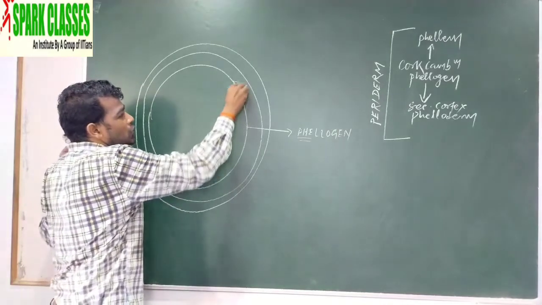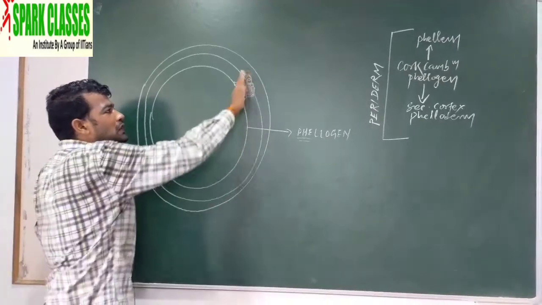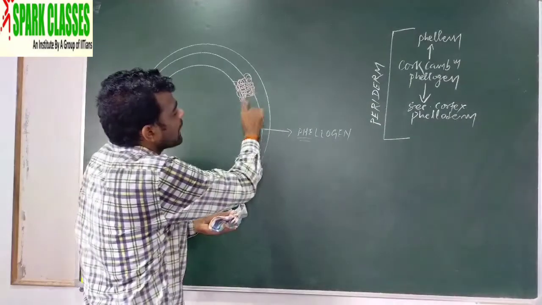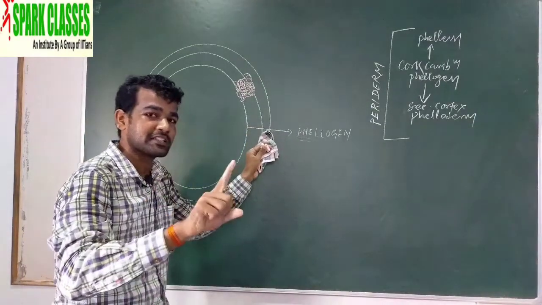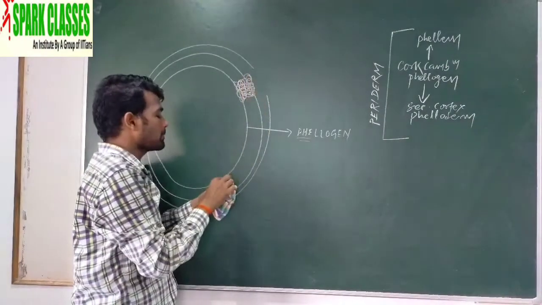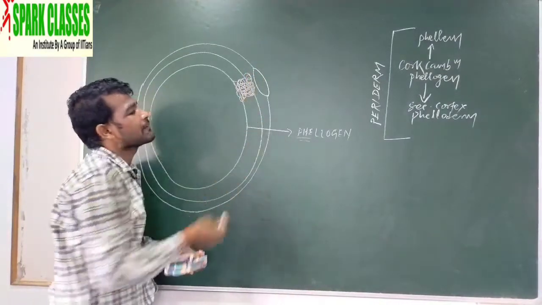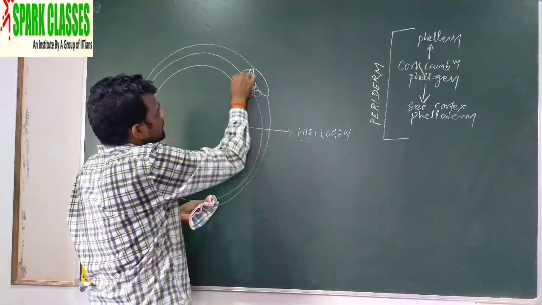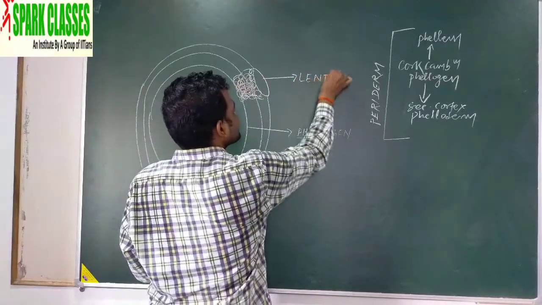Sometimes the phellogen produces parenchymatous tissue, and due to production of more and more parenchymatous tissue, the outer layers, for example epidermis, get burst. Outer to phellogen, what is present? Phellem is present, and previously epidermis was there. So now these layers burst, and there is a formation of a lens-shaped opening in the outer layer, and just below the opening parenchymatous cells are present.